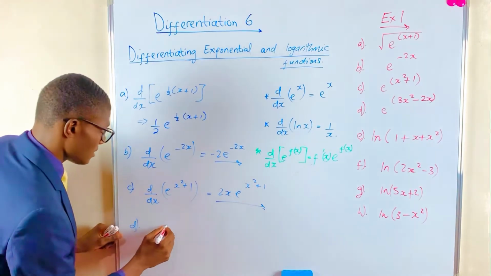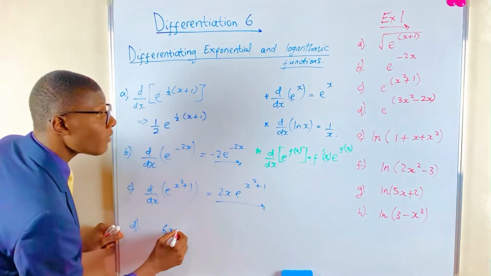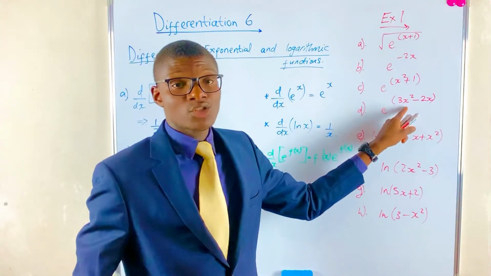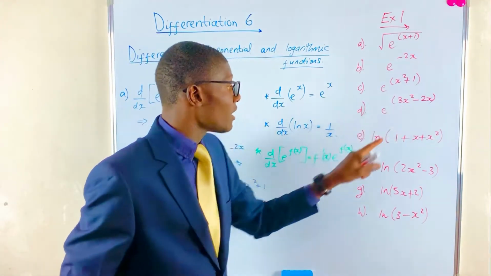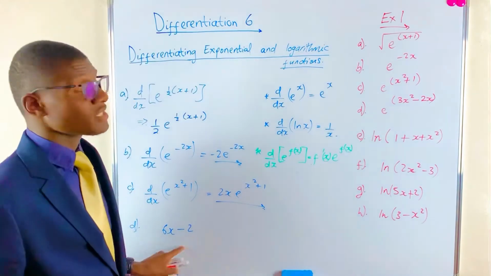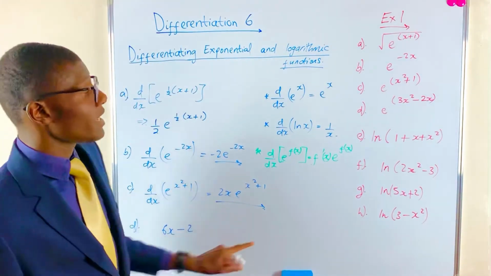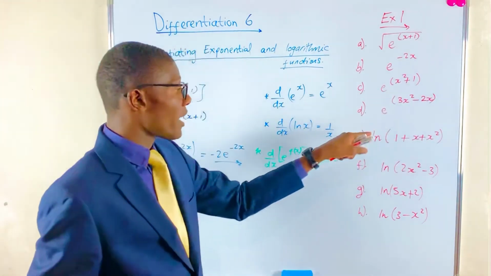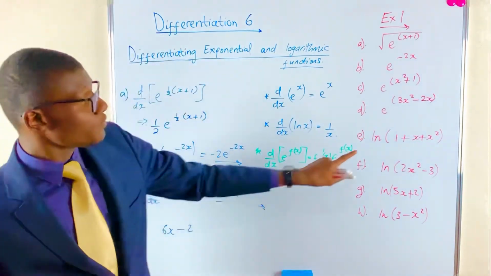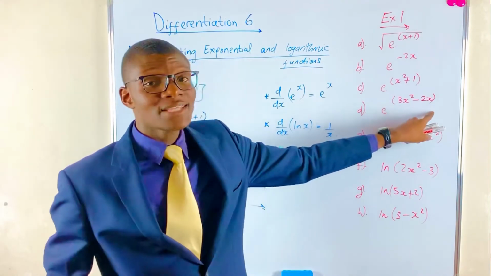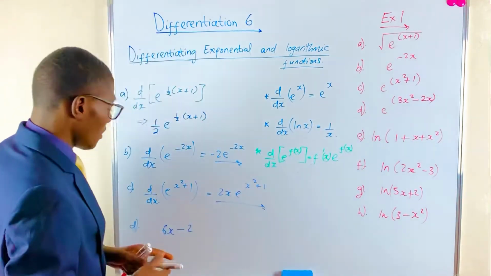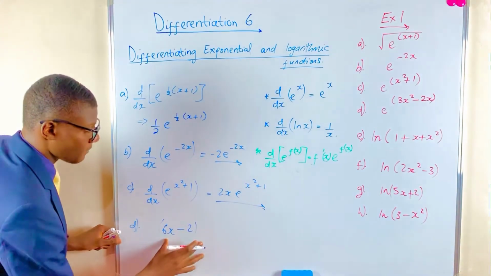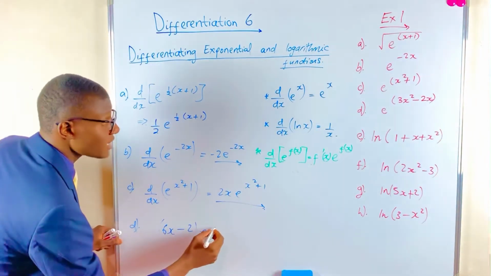It would be 6x minus 2, because we're saying 3 times 2, when we drop the power, multiply by x, then subtract 1 from the power to get 6x, then minus 2, because we're saying x to the power of 1, dropping the power 1, multiplying by 2, then multiplying by x and subtracting 1 from the power of 1. We simply get this. So this is our f prime x, and then times e to the power of f